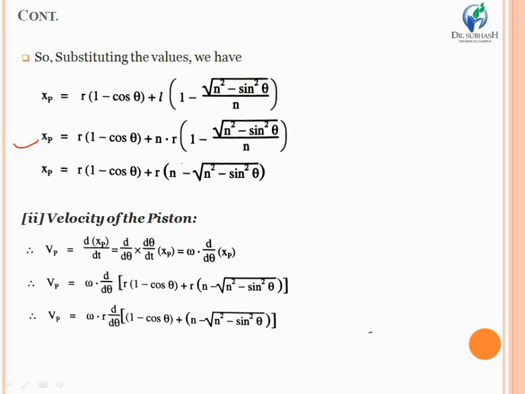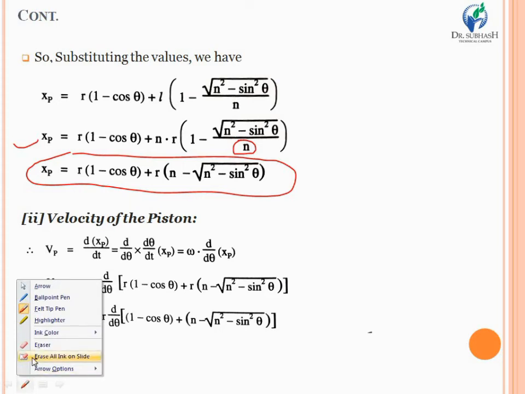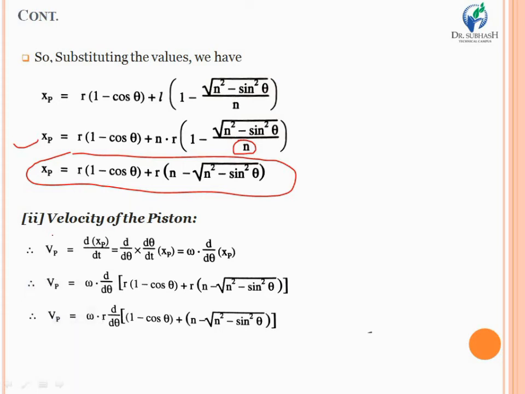Still, if you take the LCM of n and simplify that relation, you will have xp equal to r times (1 minus cos theta) plus r times (n minus under root n square minus sin square theta). So this is the relation through which you can analytically calculate the displacement of an IC engine mechanism, by using the relation of xp. Similarly, you can also calculate the velocity of the piston by using the basic mathematical relation,